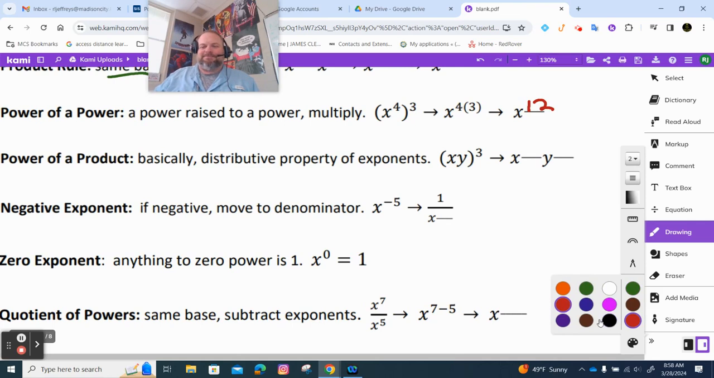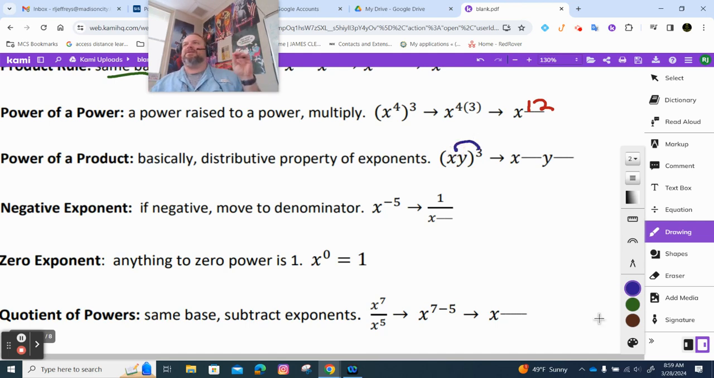All right, power of a product, basically distributive property with exponents. All right, if we have xy to the third power, this is kind of like, have y'all ever seen the